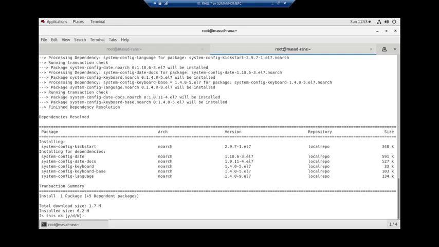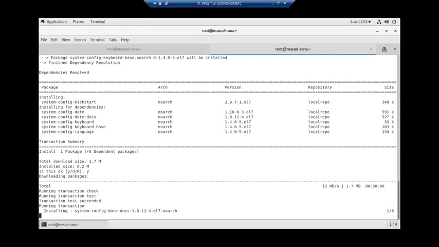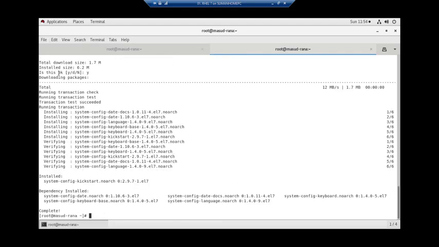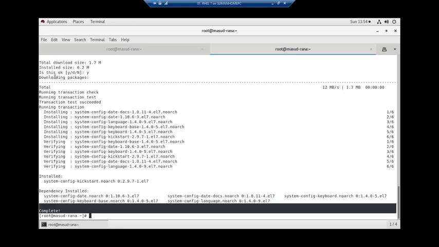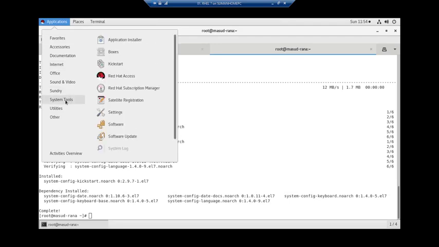Here it comes with dependencies resolved, showing that it needs 5 dependent packages. Let me install by pressing Y. So it is installing. After it gets installed, it will be completed.